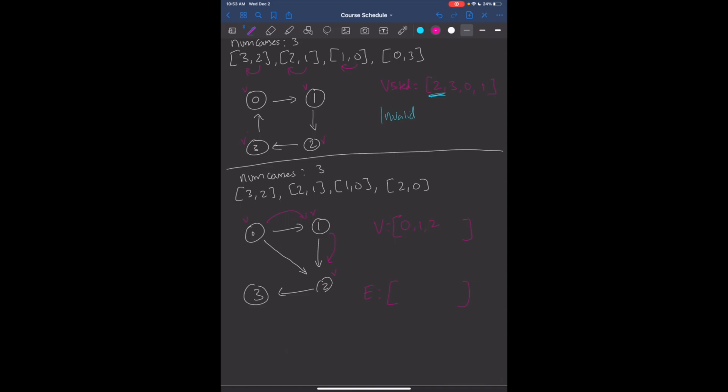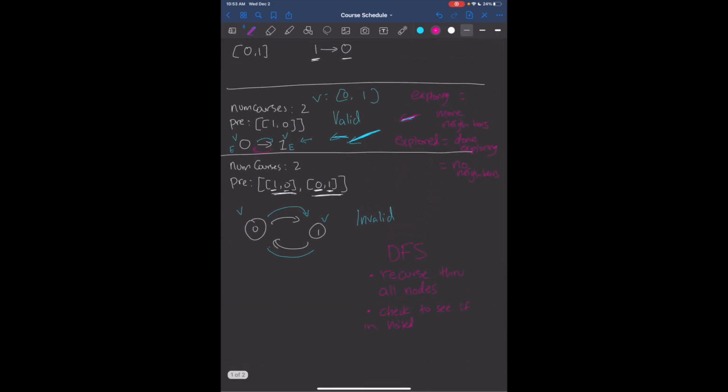Yes, it has neighbor 3. So is 3 in our visited set? No. Let's recurse to neighbor 3, add it to our visited set. Does 3 have any neighbors? No. No more neighbors. And remember, at the very top here, we said exploring means there's more neighbors,